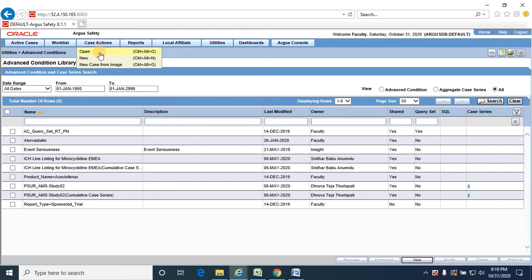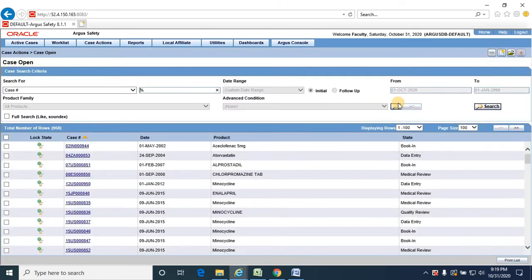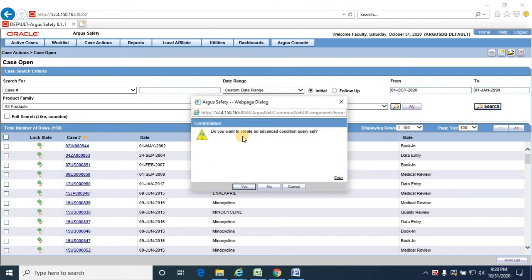In the case actions open screen, we'll have an AC button under the case search criteria tab, in the case search criteria section. When you click on AC, it would open a web page dialog asking whether to open an advanced condition query set, or whether the user wants to create an advanced condition query set or just an advanced condition.